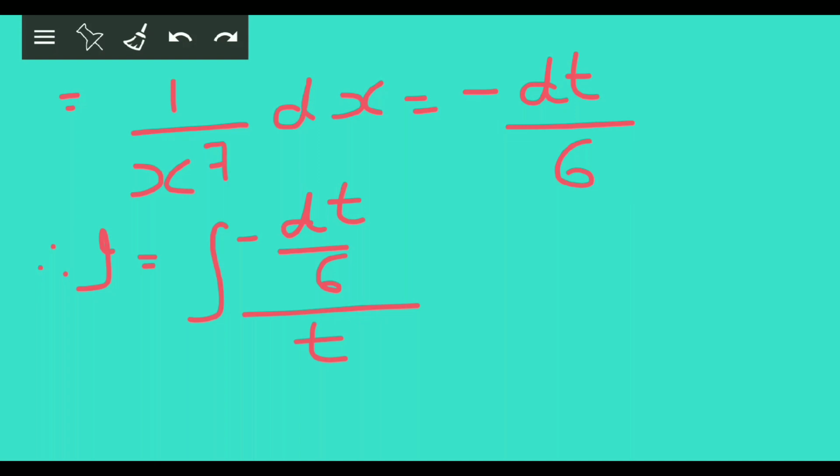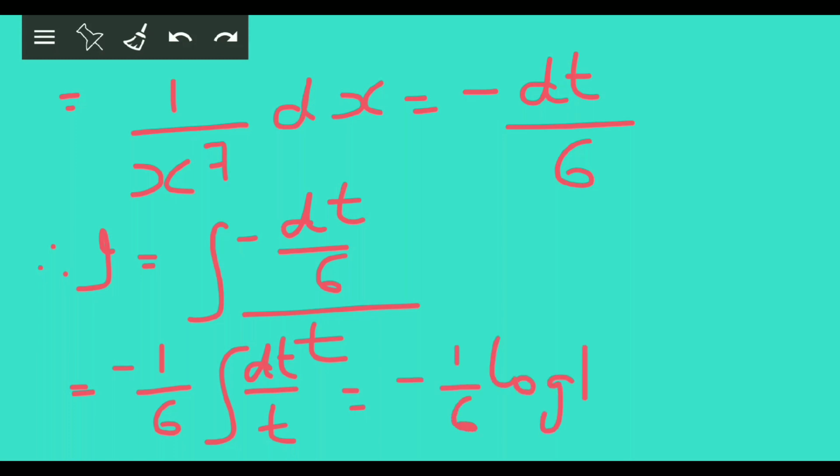Okay, that minus 1 upon 6 comes outside. So minus 1 upon 6 integral of dt upon t. Now you know 1 upon t becomes log t. So minus 1 upon 6 log t plus c, and then when we resubstitute, we get minus 1 upon 6 log of mod of 1 plus 1 upon x raised to 6